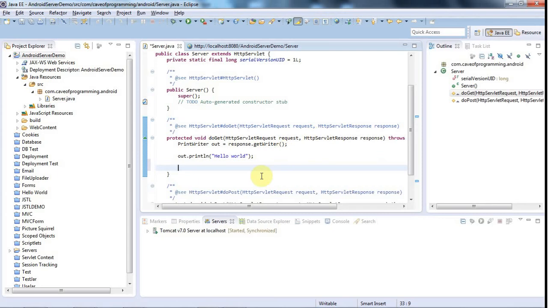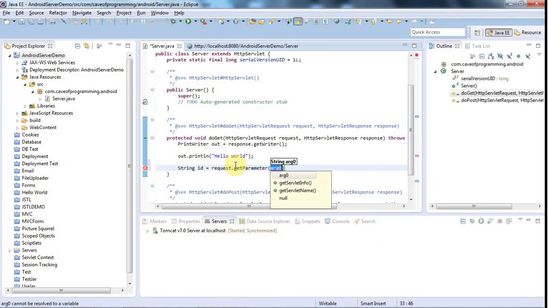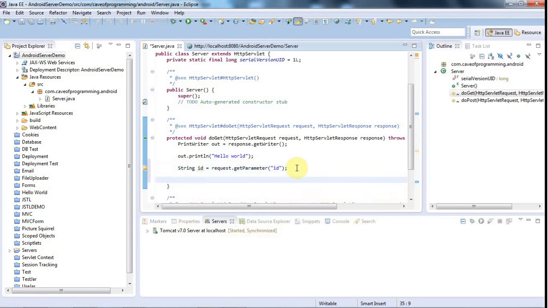So here I'm going to say something like string ID equals request, and this request object deals with stuff that's going to be sent to the server in the kind of get request in this case. So your Android program will make a request to this server, and you can get information about that request from this request object. And let's say request.getParameter, and here I'll say ID. So we can imagine that we're going to send an ID from our phone application. And in fact, I'll just leave it with ID for this tutorial, and we'll look at something a bit more interesting next time. And then let's say that if ID is equal to null, then let's say here